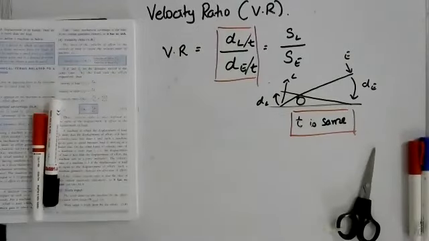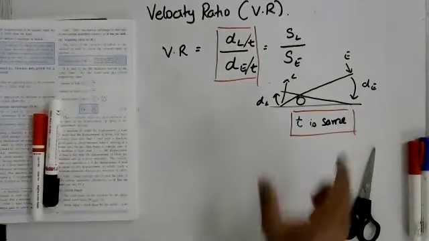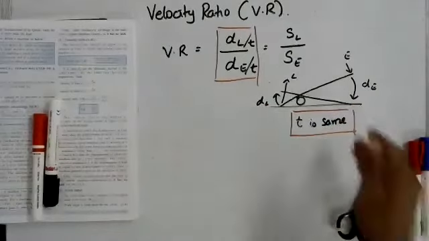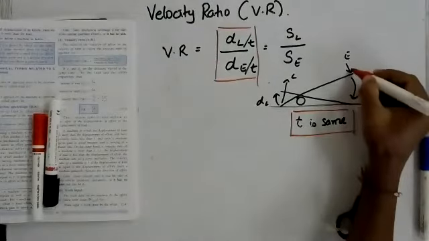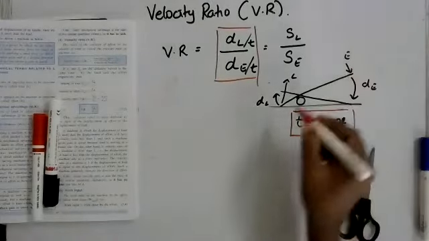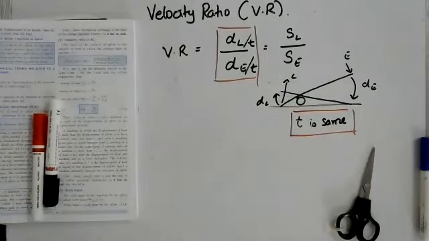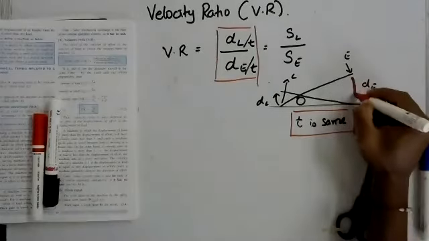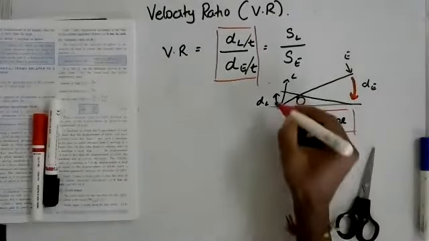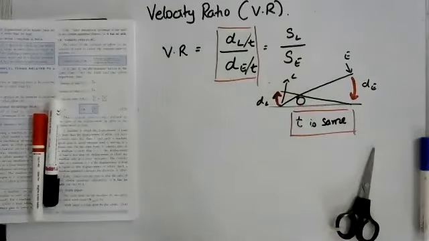So the next concept that I want to discuss is the velocity ratio of a simple machine. The velocity ratio of a simple machine can be calculated in this manner. So you take a simple machine like a lever, a first class lever as it happens to be, and you apply an effort at the effort arm, and you get a load output at the load end, and in doing so you move the effort arm by a certain distance dE, and at the same time there is a certain distance that the load arm also moves.